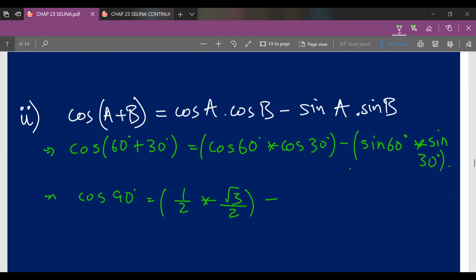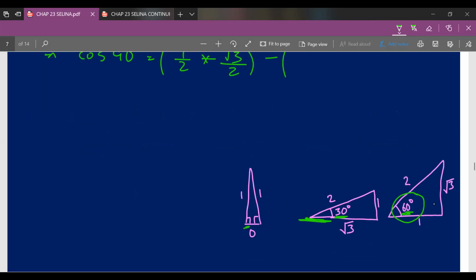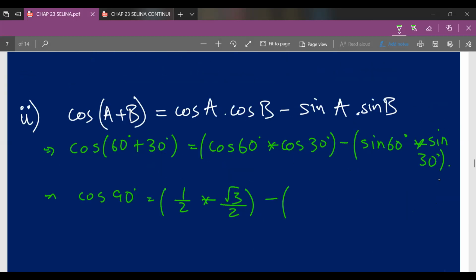minus sin 60 degree. Now sin 60 degree, for the trigonometric ratio 60 degree, there will be a magic triangle mentioned, and over here it is mentioned. So sin 60 degree means that with respect to angle 60 degree, and it should be towards the ground, tell us perpendicular upon hypotenuse, that will be root 3 upon 2. Okay, so I'll write that down.